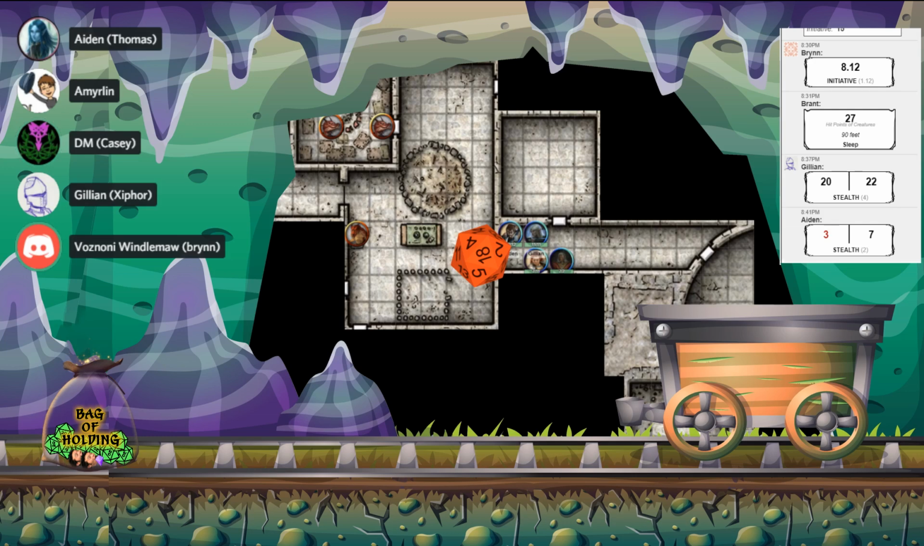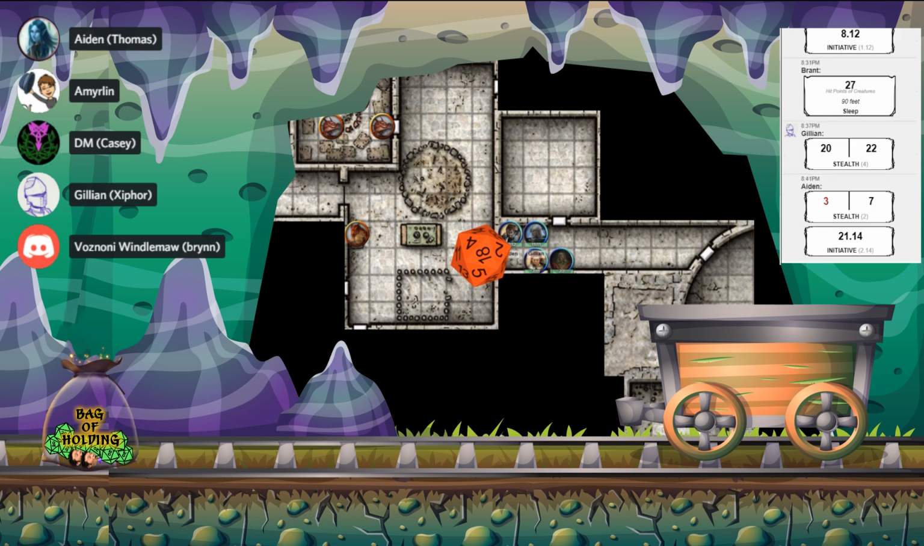They look down, they see Aiden, Aiden sees them, and I think we're going to ask for the turn order to open up. So if everyone would please click on their token, click on the initiative, and